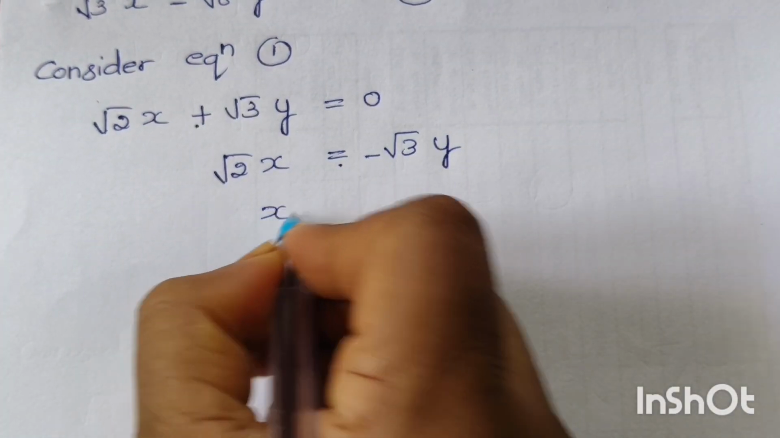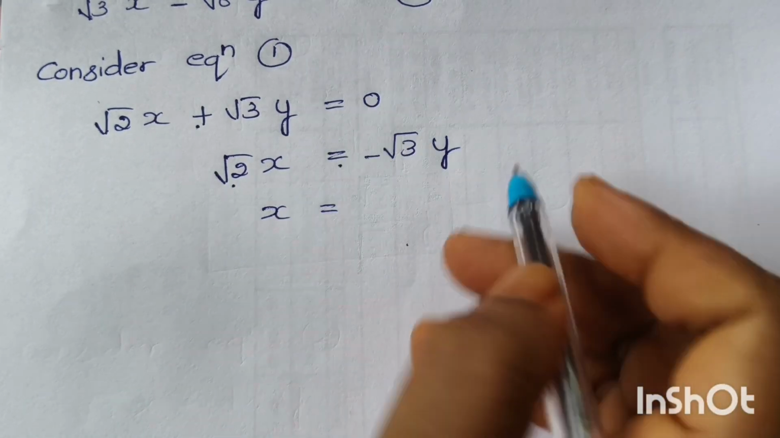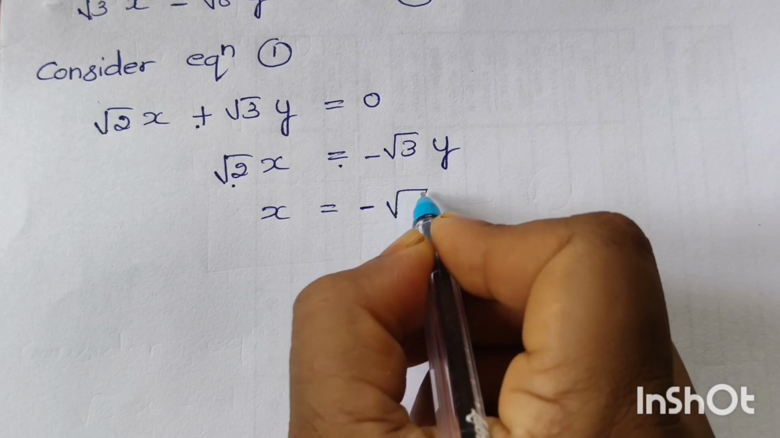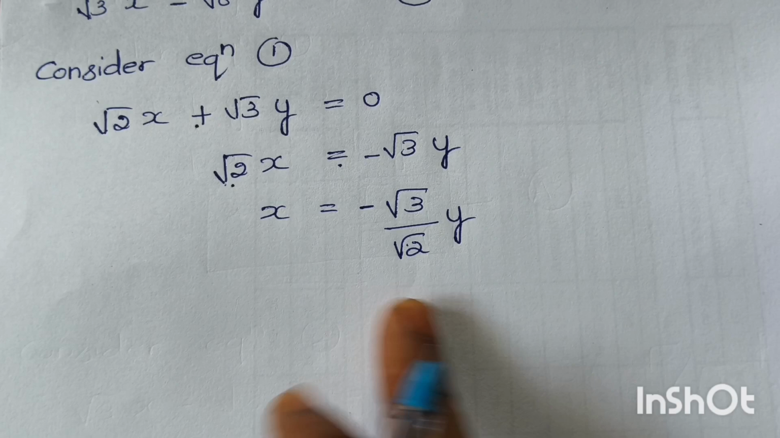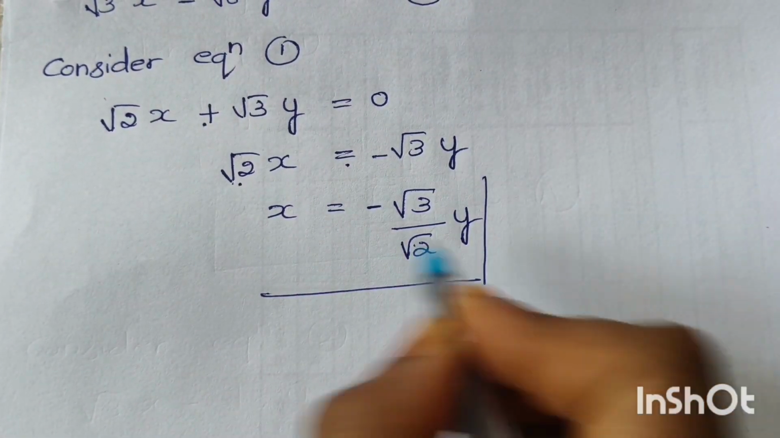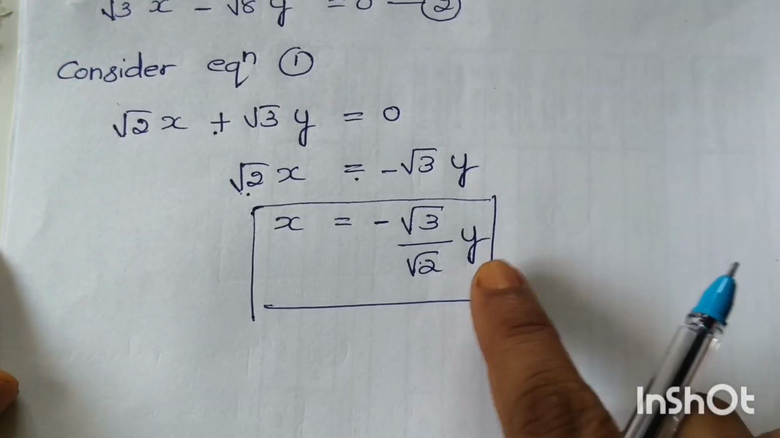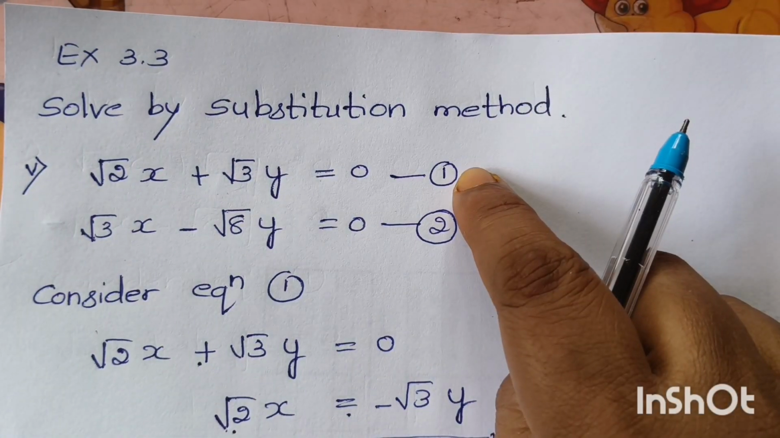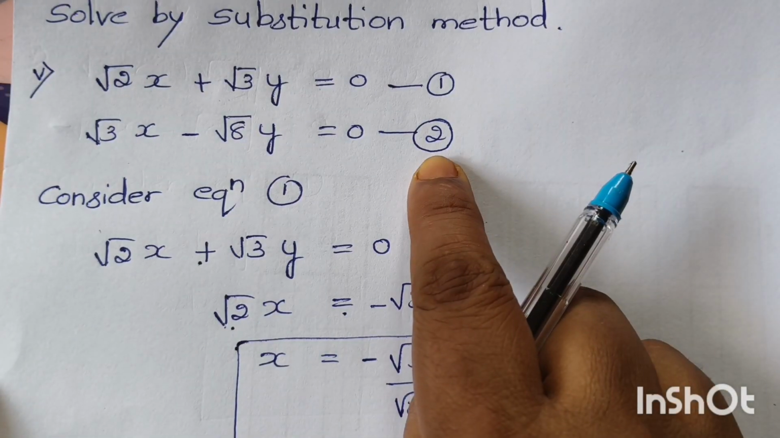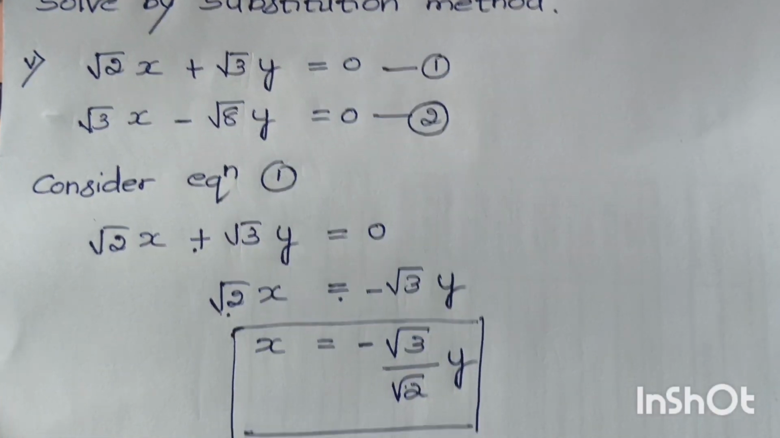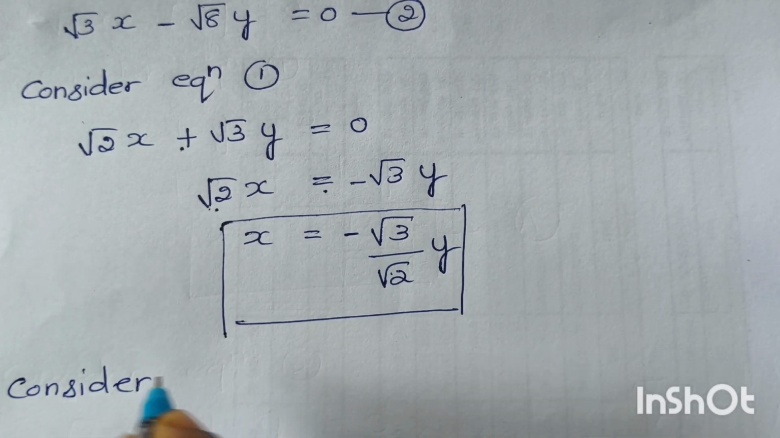x is equal to, here it is in multiplication. When it will come this side, it will become division. Therefore, x is equal to minus root 3 divided by root 2 into y. We got the value of x from equation 1. Now, we have to substitute the value of x in equation 2. So, let us consider equation 2,